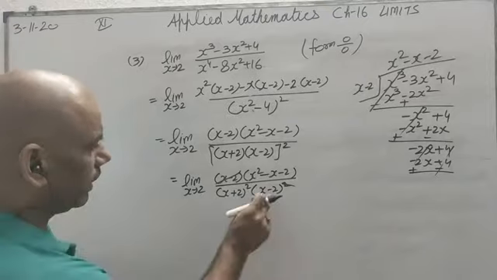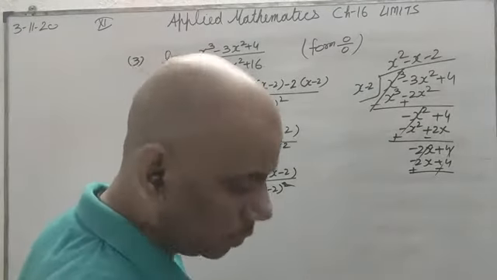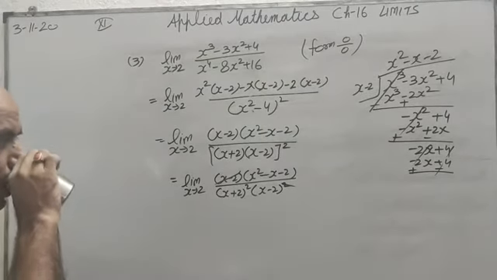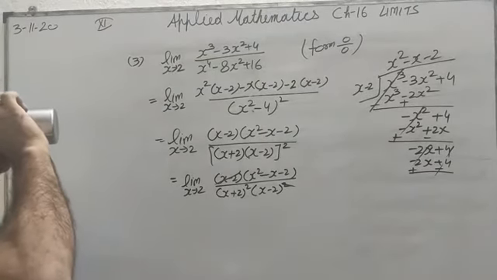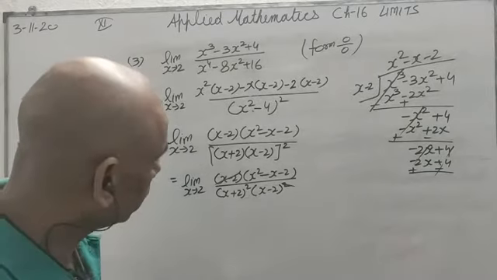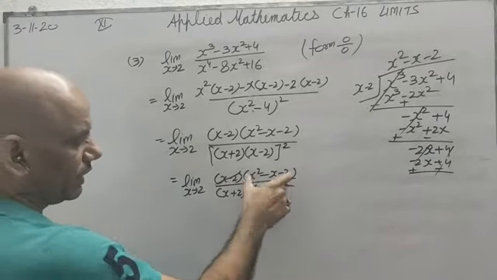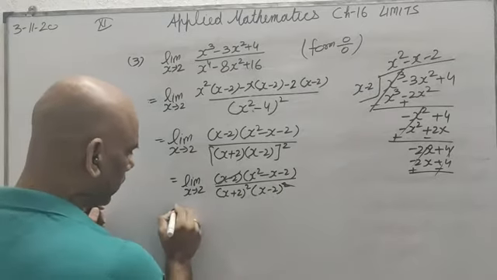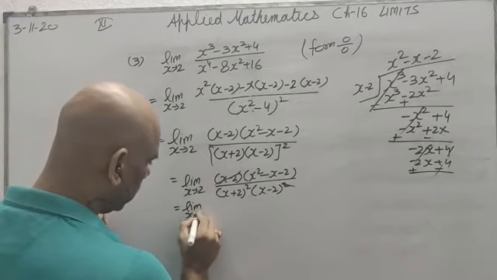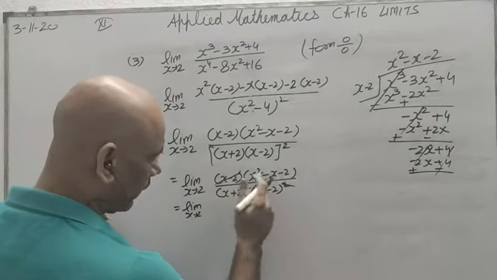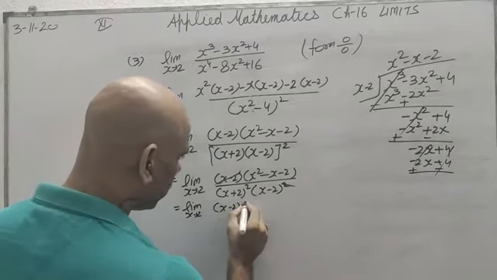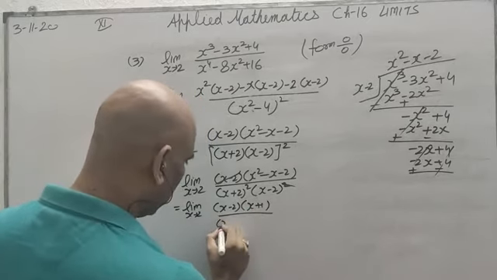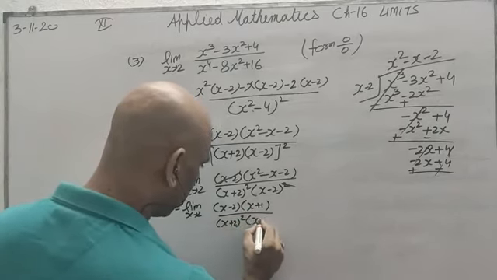But at the denominator it is still x minus 2, so here it will be a 0. Something upon 0 is once again infinite. So what I will do, I will factorize this. I will try to omit this also. This should also be removed from my expression. Let's see what we do: limit x tends to 2, and the factor of the numerator will be (x minus 2)(x plus 1), and at the bottom (x plus 2) whole square and (x minus 2).